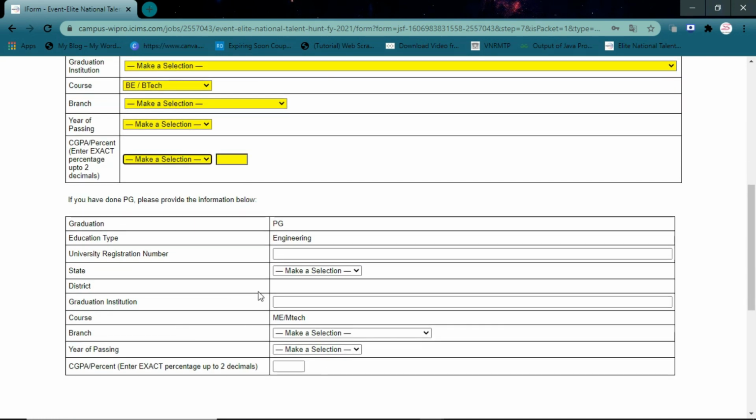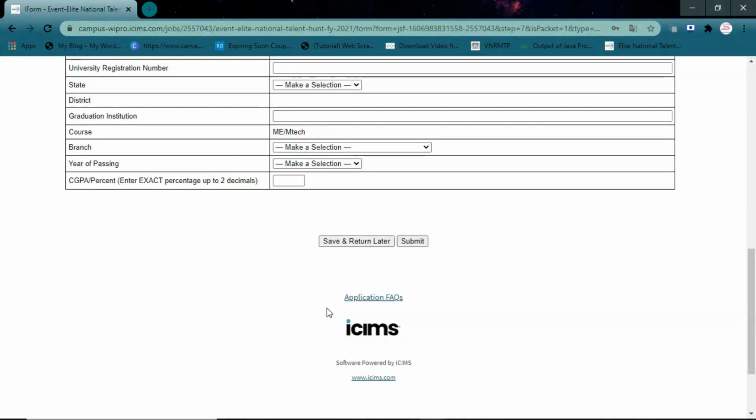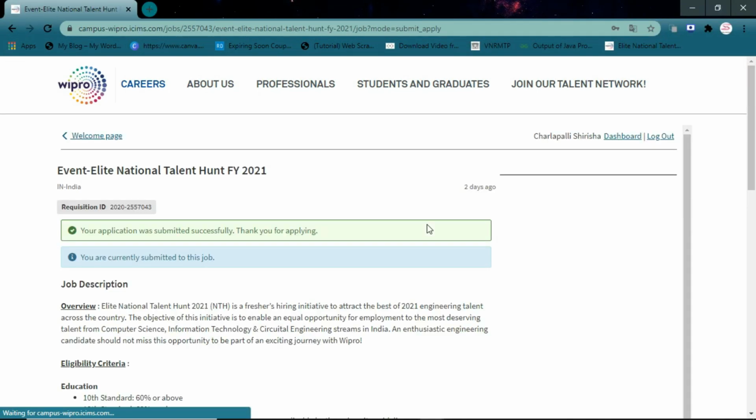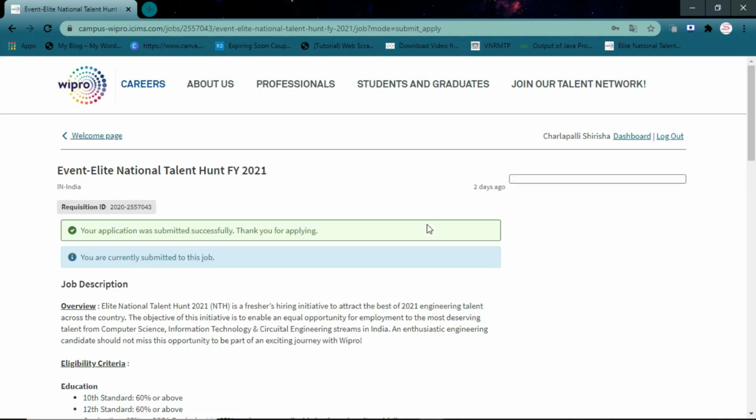And if you have any PG, then fill these details also. Otherwise just leave it. It is not mandatory, it's optional. So just check all the details once again and click on the Submit button. Now you can see the message, your application was submitted successfully, thank you for applying. So this means you have applied for this job successfully.